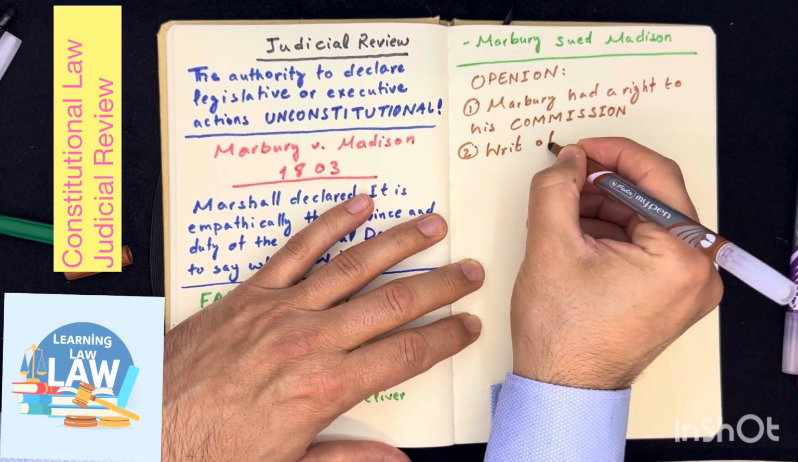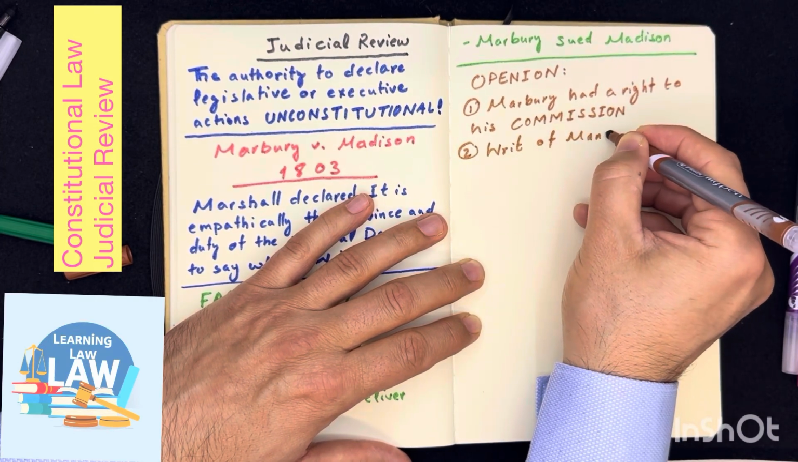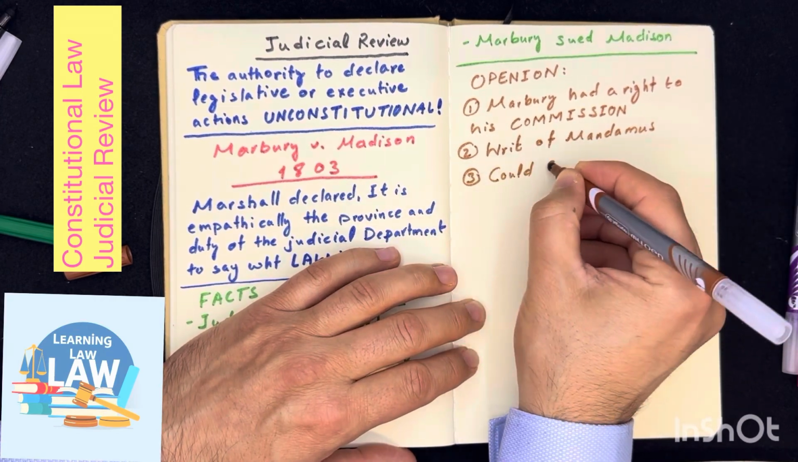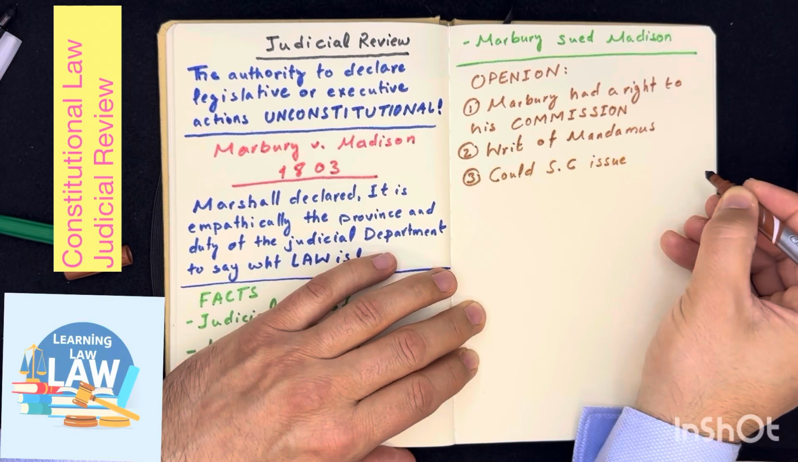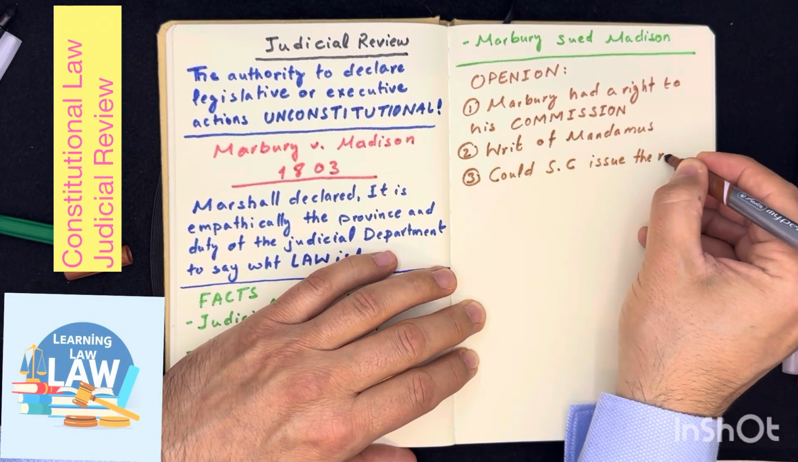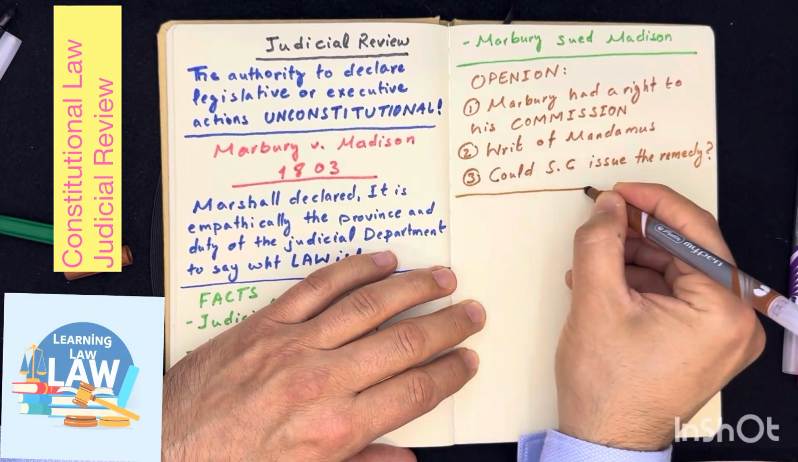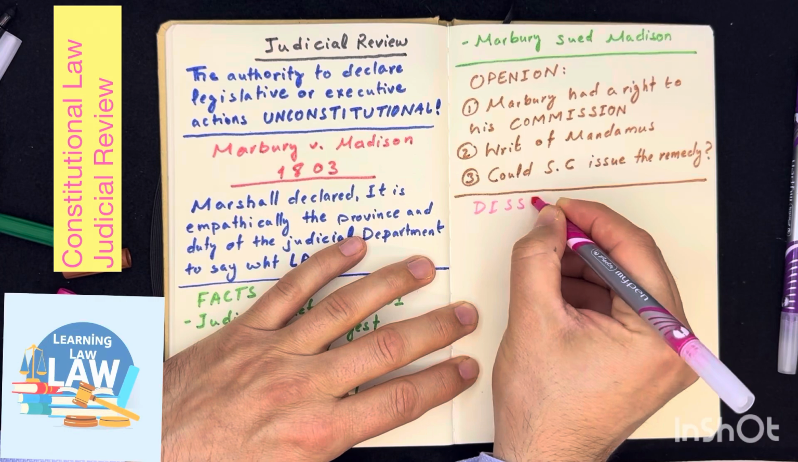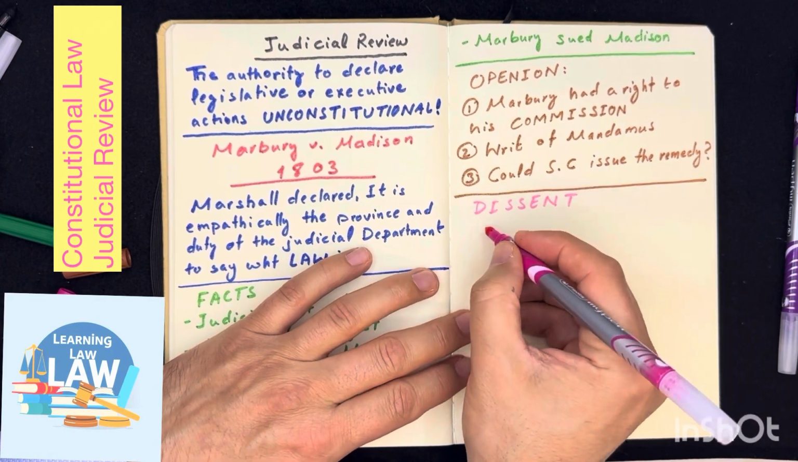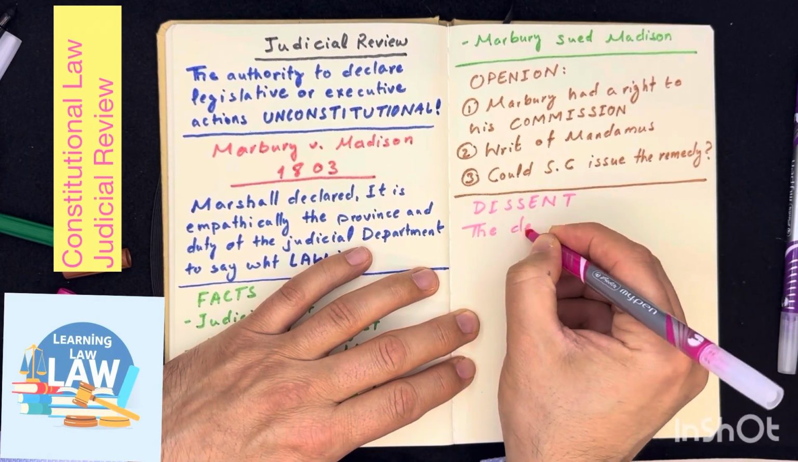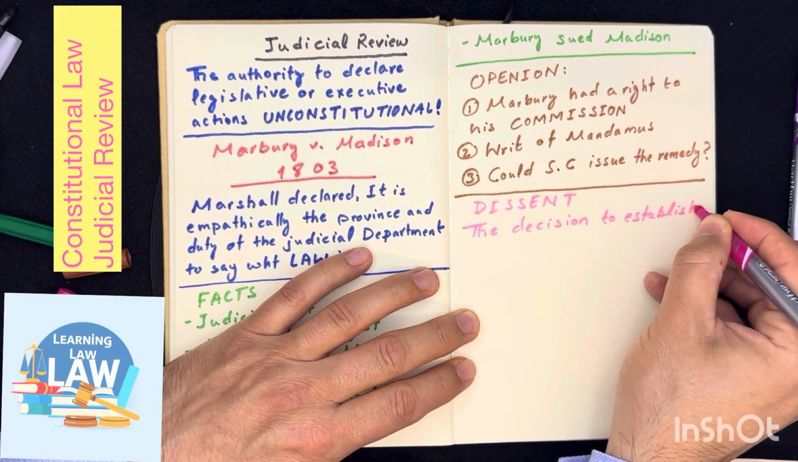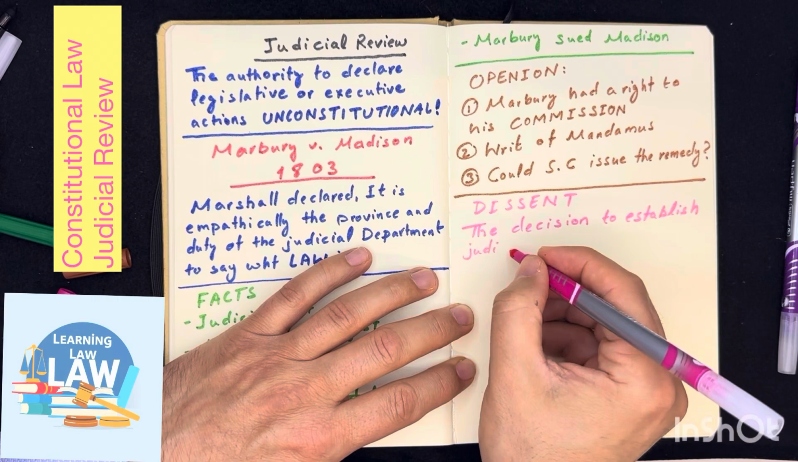Opinion of the court. The court addressed three key questions. First, did Marbury have a right to his commission? Yes. Once the commission was signed and sealed, it became legally valid. Even if it hadn't been delivered, Marbury had a legal right to it. Second, does the law provide a remedy when a legal right is violated? Yes. In this case, a writ of mandamus, or a court order requiring a government official to do their duty, would be an appropriate remedy. Third,